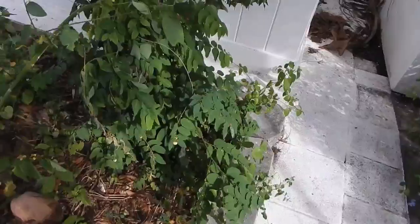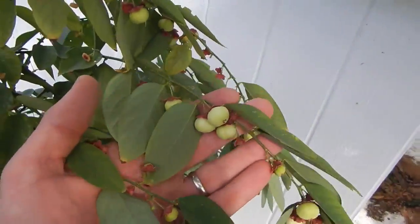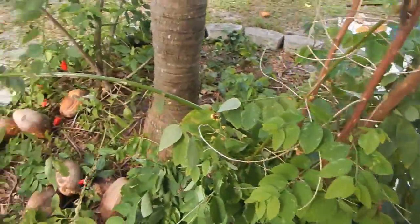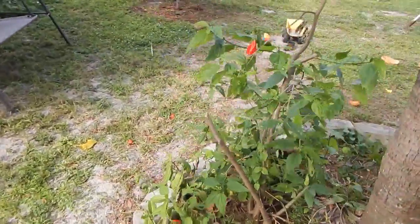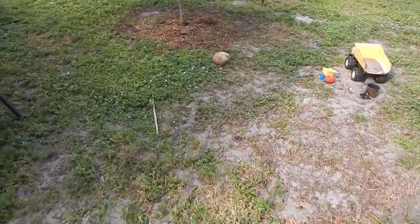Here we've got katuk, star gooseberry, edible leaves, and this is Turks Cap Hibiscus, which is an edible hibiscus. Over here